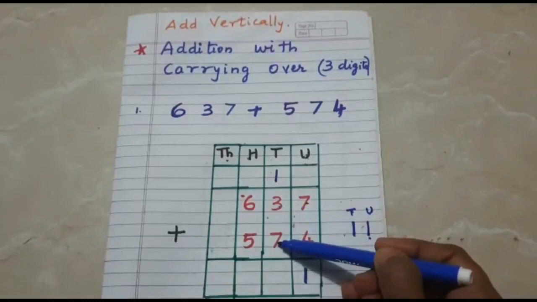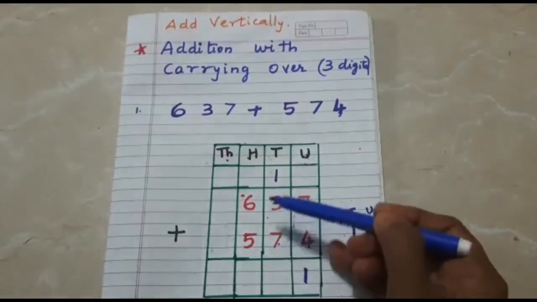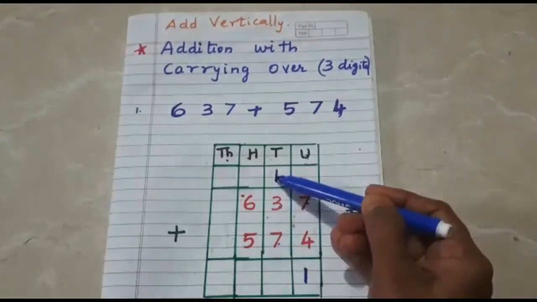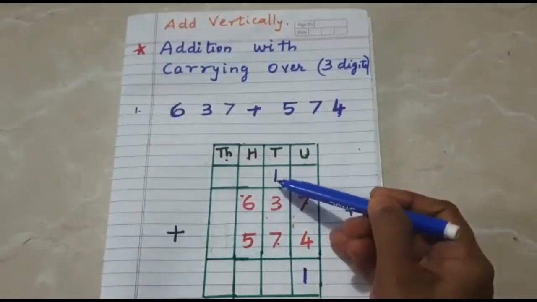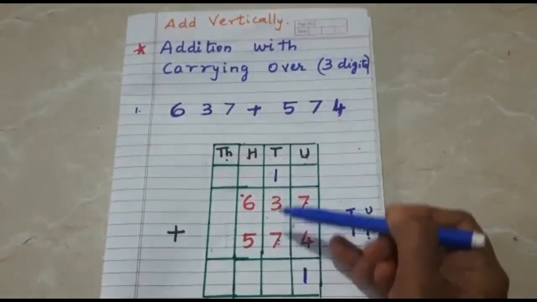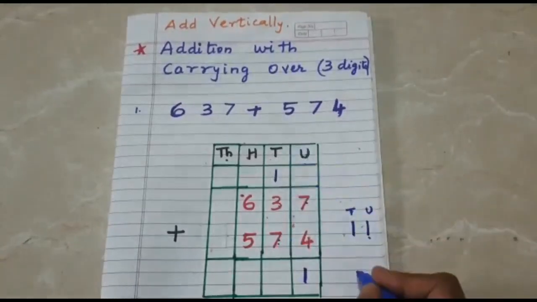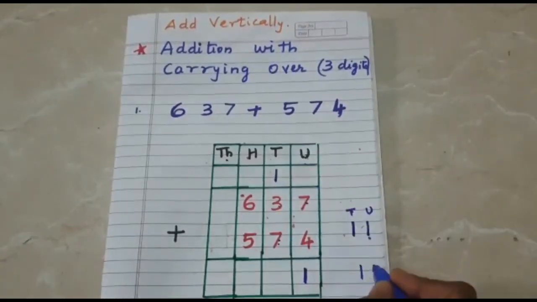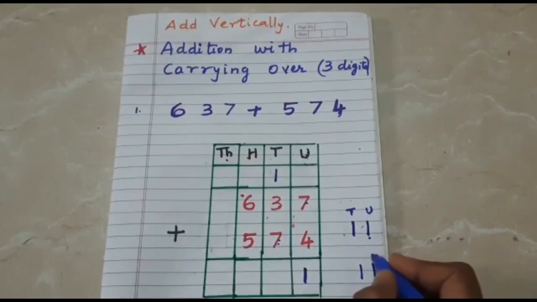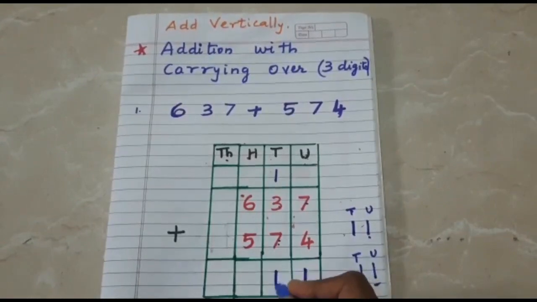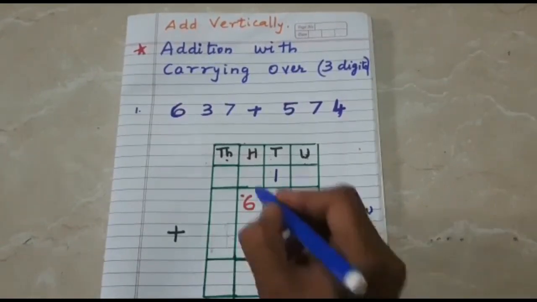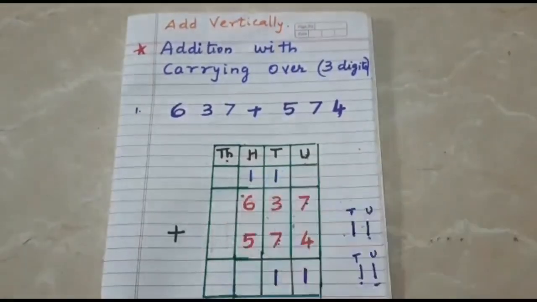Now add 3 to 7. So 3 plus 7 is how much? 10. And the number which we have carried over, we are going to add it with this. 10 plus 1, again we are getting 11. So this 11, again if I mention units and tens, I will write the number in the units place and carry the number in the tens place over here.